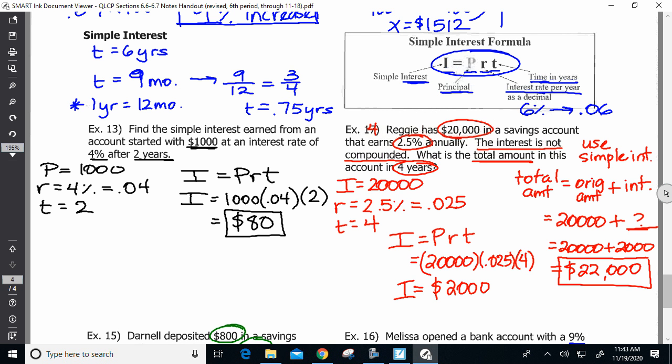That completes simple interest, and that completes our look at some of the applications involving percents. So if you have questions, make sure to ask them. Otherwise,